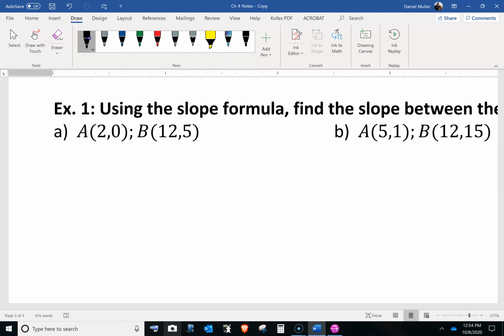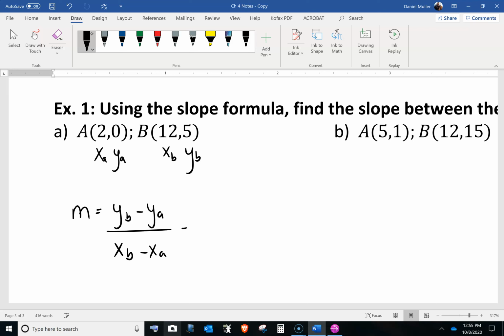And you can already see that I've labeled it a and b. So these could be labeled anything, but that's our x and that's our y. But we'll call this xa and ya. I use lowercase. And then this is also an x and a y. But we're going to say xb and yb. So when we're finding our slope, we go yb minus ya. That's the formula. You just start by writing it out, xb minus xa,